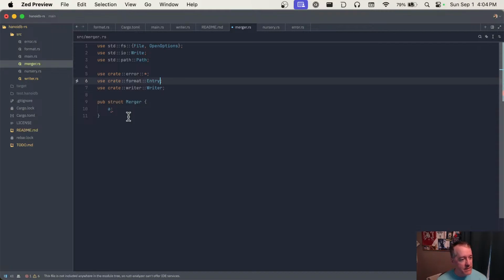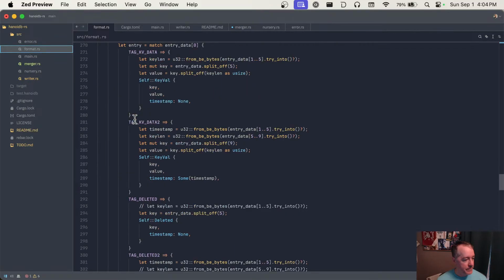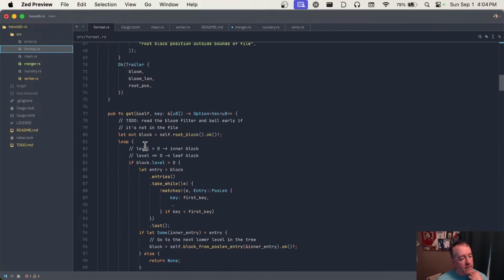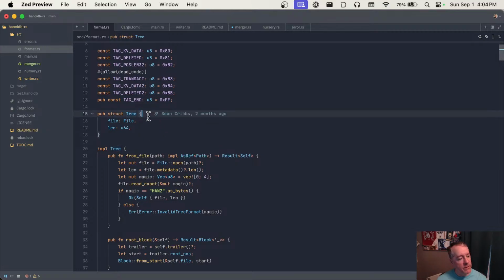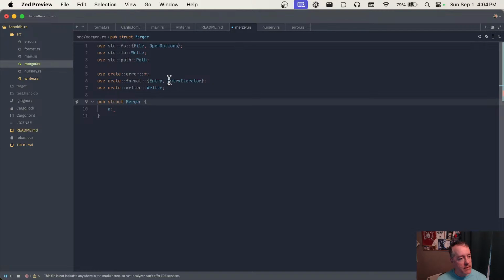I think that this is going to be an entry iterator. Is it not? Oh no, we can do tree. We can use tree because this is the file, right? So not entry iterator, tree. And this is a writer. And then we're gonna need